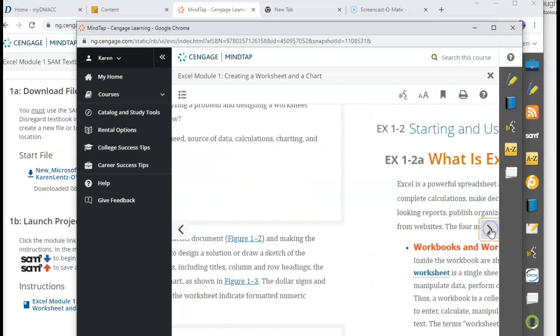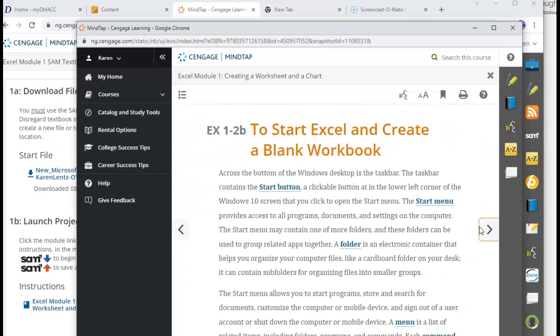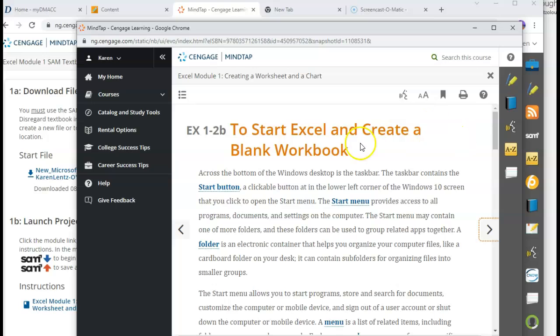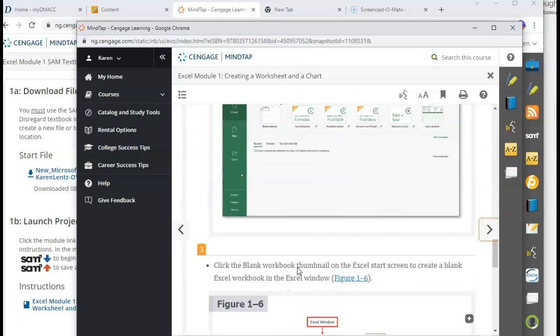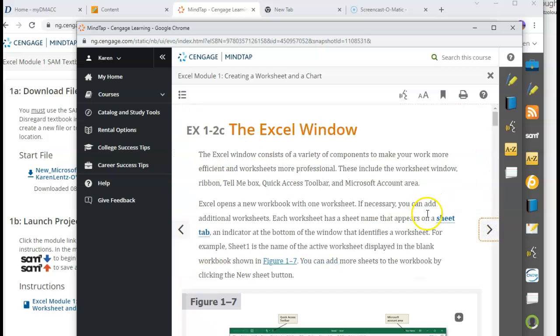I need to click Next. I've already read all that, so as I'm clicking through here, I had previously read that. So right here it says Start Excel and create a blank workbook. Don't do that. You need to start with the file that we downloaded, okay? And then we keep going. So that's showing you how to start a blank one, but we don't want to do that. We are going to start